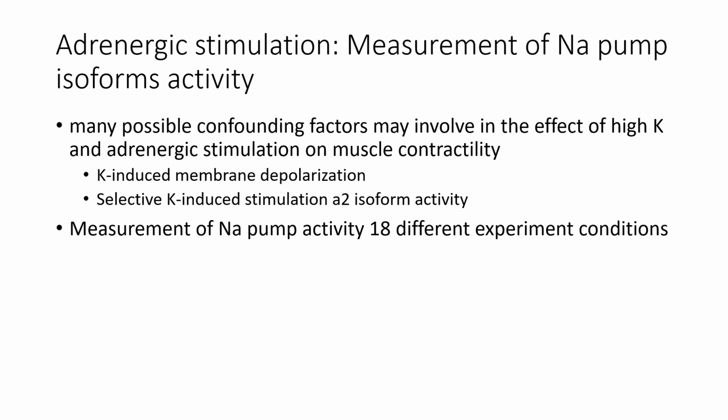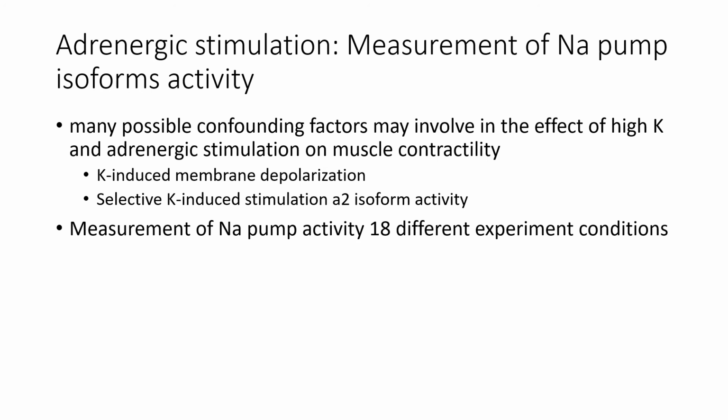There are many possible confounding factors that may be involved in the effect of potassium and adrenergic stimulation on muscle contractility, because muscle contractility is a multifactorial, complex process. For example, two of those confounding factors are potassium-induced membrane depolarization and its effect on muscle contractility, or the selective effect of high potassium on alpha 2 specifically,